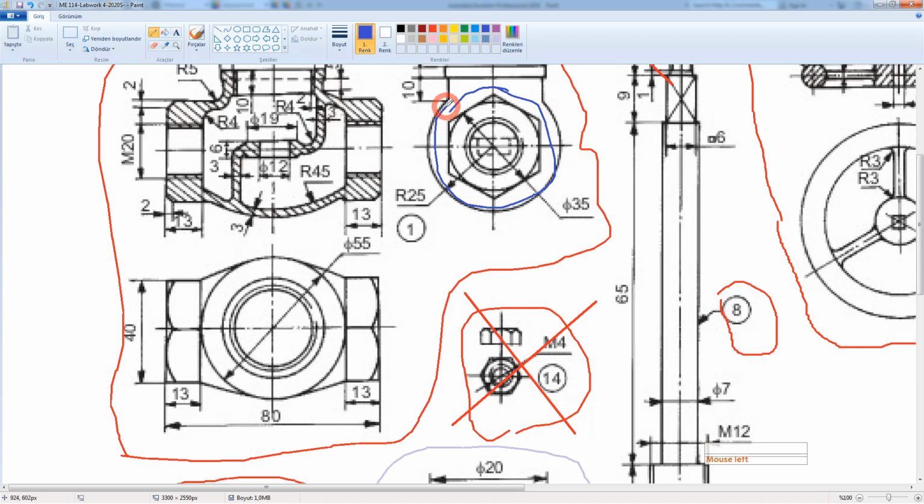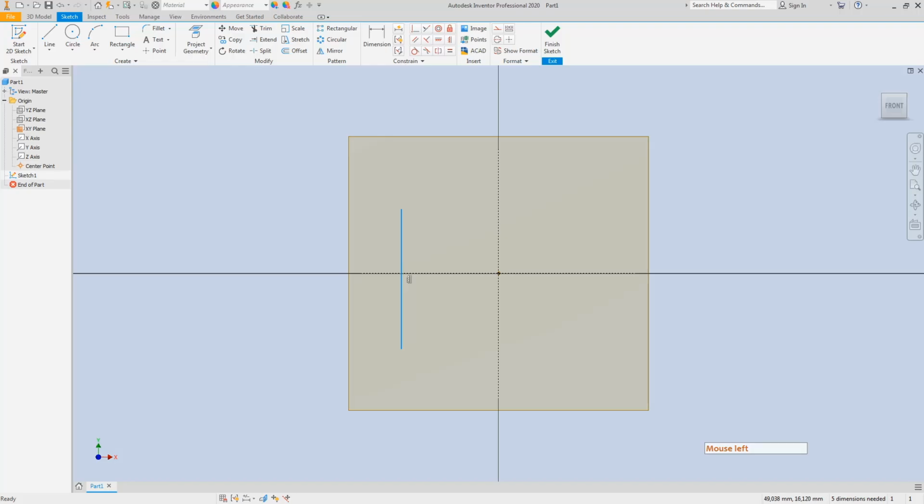For these, I need some planes to sketch on, and I will just create those sketches, whether at this point or whether at this point, which is one from the origin point. If I have just chosen the furthest point here, I have to just give 40 millimeter distance from the origin point on two sides. I will just jump to this one and I will create a 40 millimeter distance from